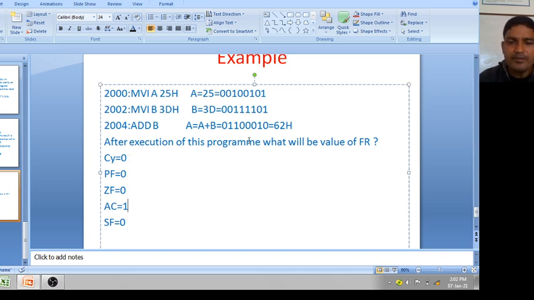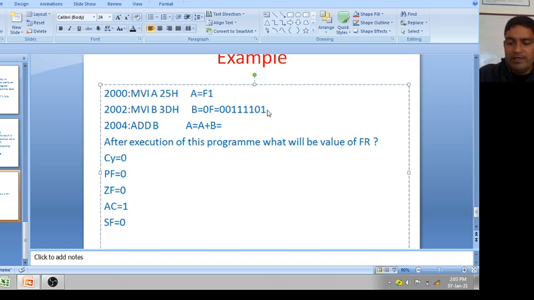Okay, one more example I will take. Suppose A equal to F1 and B equal to 0F.